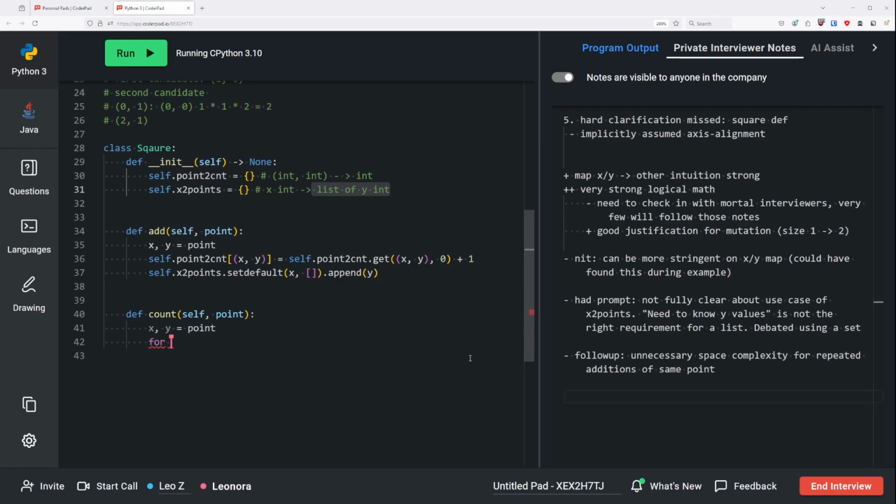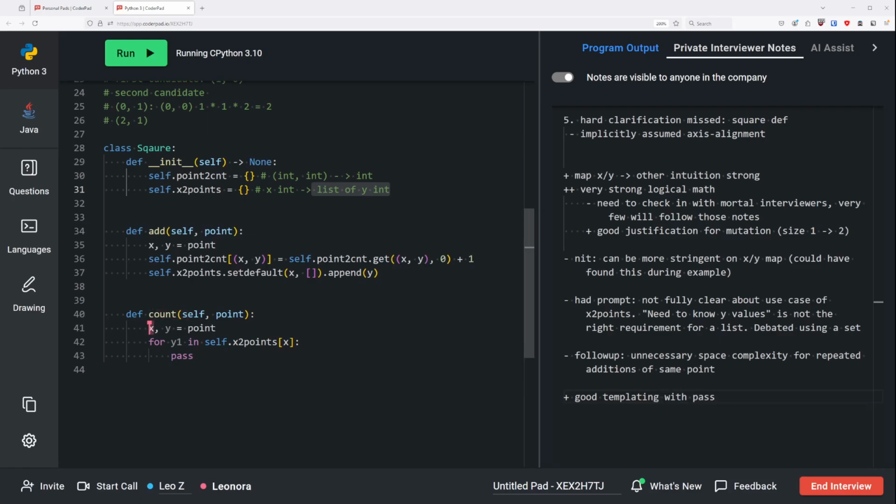So for y1 in self.x2points[x]. Okay. So before we check this, we need to make sure